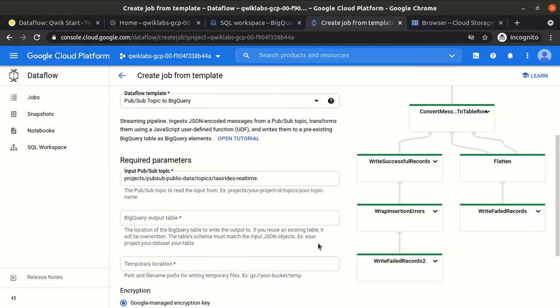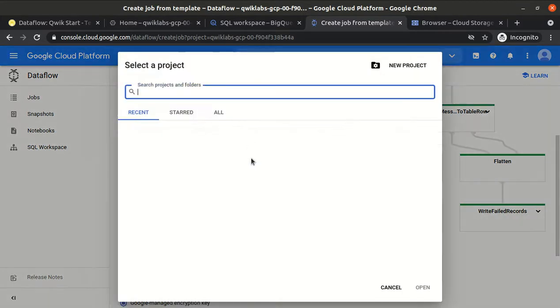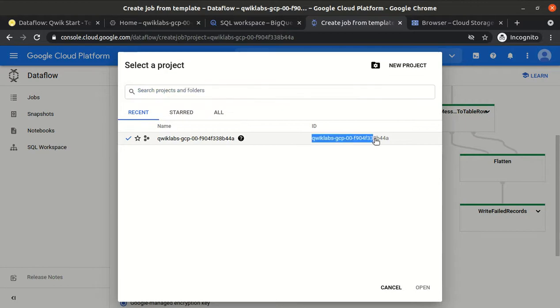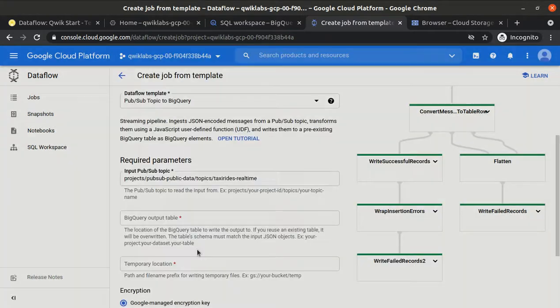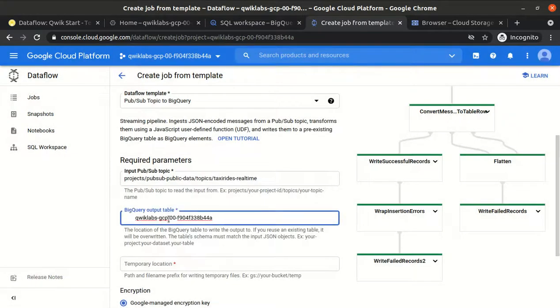Now we have to give the BigQuery output table. We need to give it in this syntax: the project ID, your data set, and then the table name. So let's copy the project ID. If you read the description as well, the format is mentioned here.